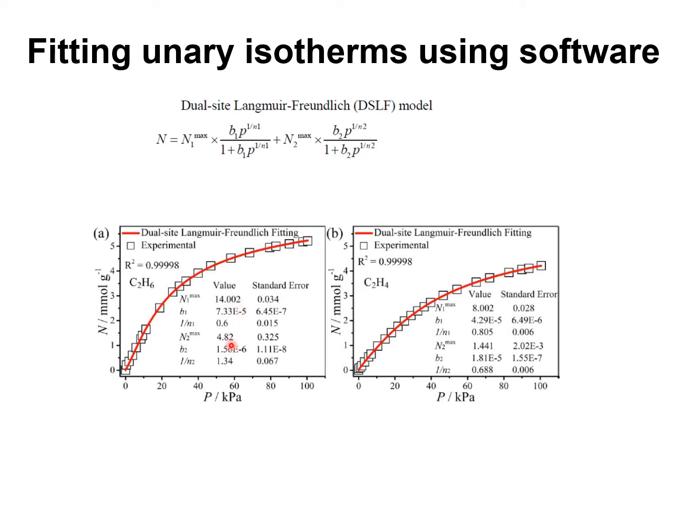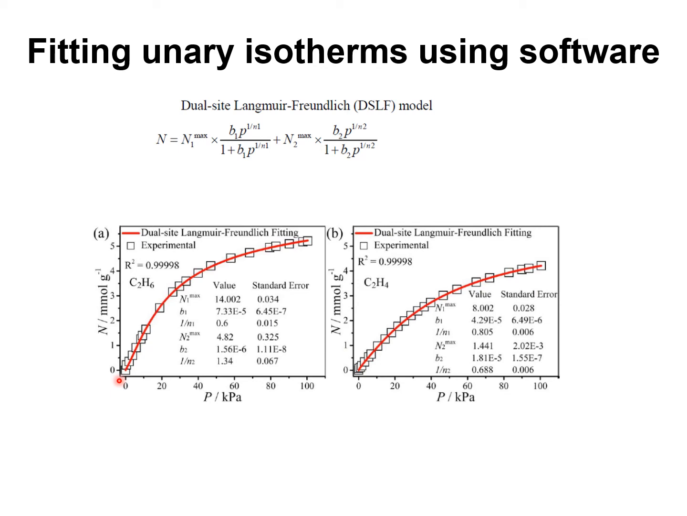14.002, 4.82, and we see that the experimental data only shows a saturation capacity which is perhaps 5.5 for ethane and 4.5 or thereabouts for ethylene. So asking a software to fit the parameters yields saturation capacities and Freundlich exponents that do not seem to have any physical significance. Indeed, I've taken this data and